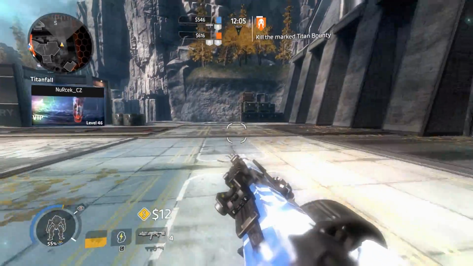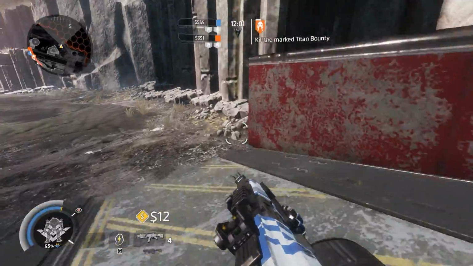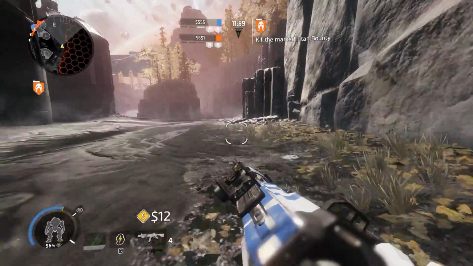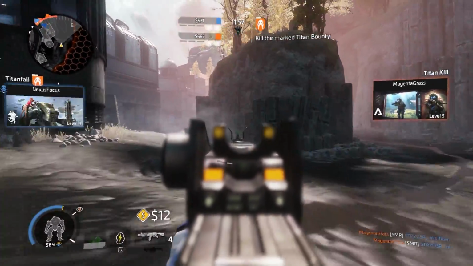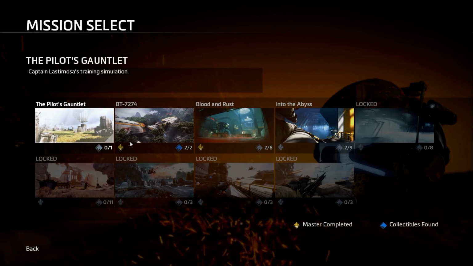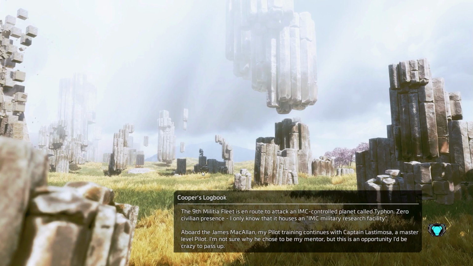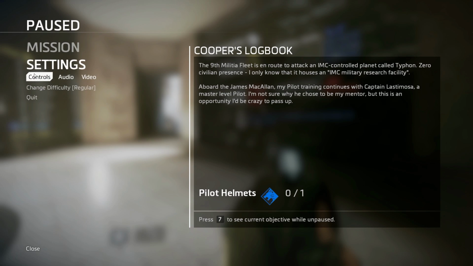Step 1, grab a friend and get into a private match on one of the decent maps in the game like Eden or Blackwater Canal, which was featured at the start of this video. And if you don't have any friends, then load up the campaign and go to mission select and select the Gauntlet mission area. Step 2 is open up that keybind menu,